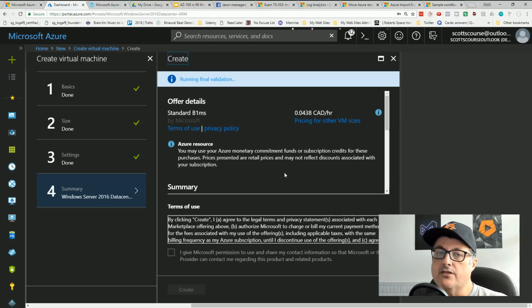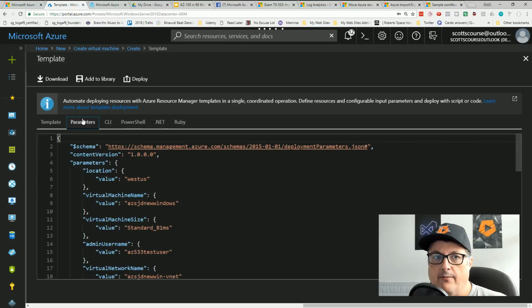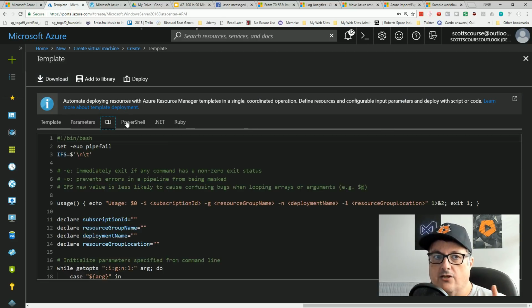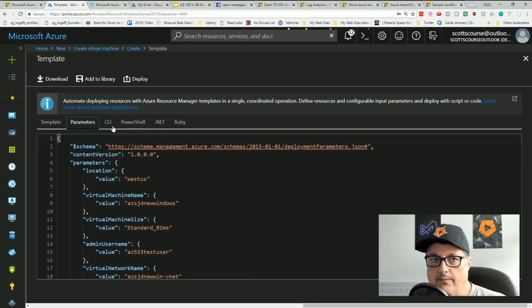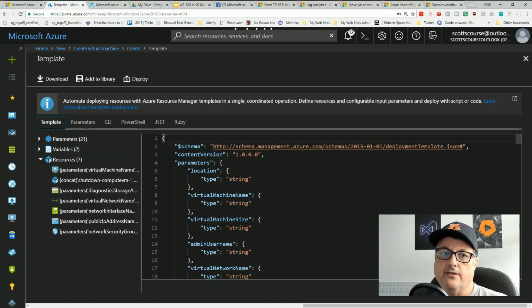So I do want the RDP port enabled. It used to be that it defaulted to RDP, and maybe people were getting in trouble having RDP open and not realizing it. So templates. One of the handy things you do is you create resources, and then you can download the ARM template as files, right? So I can say download. Now, just keep in mind, there's more than just the template. There's the parameter file, and there's the scripts. So you're going to want to download at least 3 of them, the template, the parameters, and at least one of the scripting types in order for this to be useful to you.